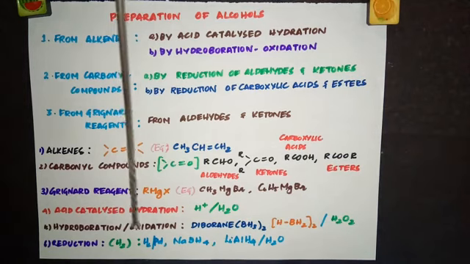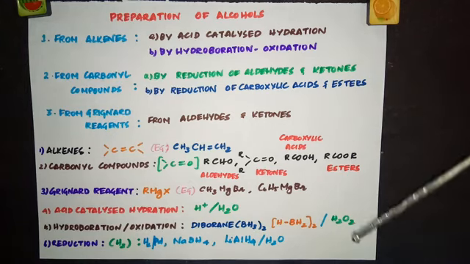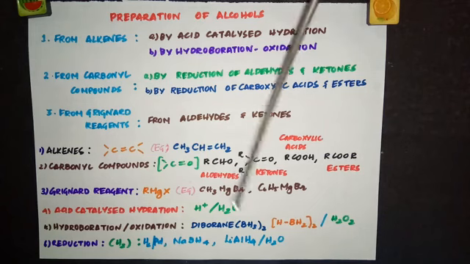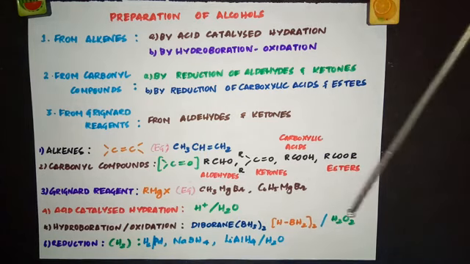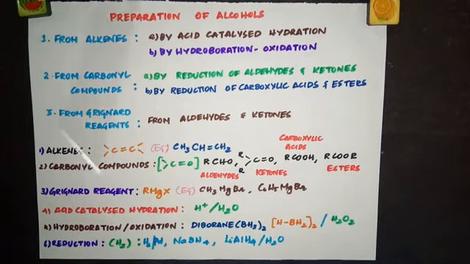And the next one is oxidation, which means step 2. You know what is oxidation? Adding oxygen to a compound is called oxidation. For that purpose, we are going to use the oxidizing agent H2O2, which is nothing but hydrogen peroxide. So if you use these two reagents, BH3 twice and H2O2, we call that reaction hydroboration oxidation.